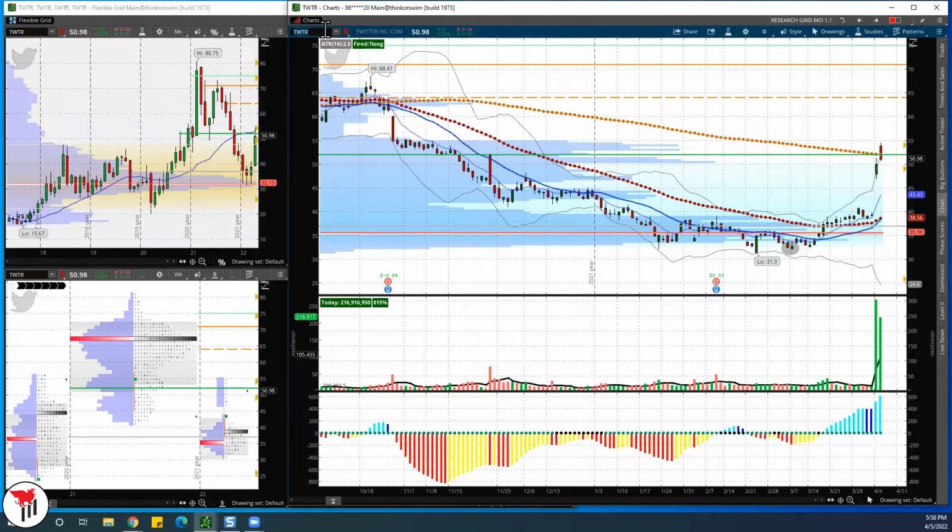Now, where are we going for tomorrow? We're going to be watching, of course, low of the day, $50. And then from yesterday, I think 49 and 46 were levels. So I'm going to see how 50 works. This is a trade for Twitter. 50, which is low of the day for today. And then we go 47, which is prior day low. And why not 44? So under 50, TWTR.